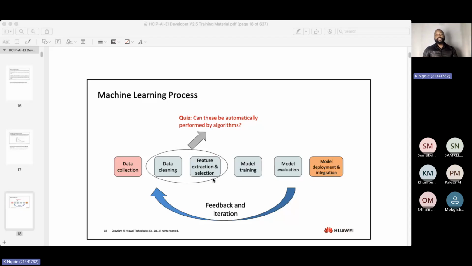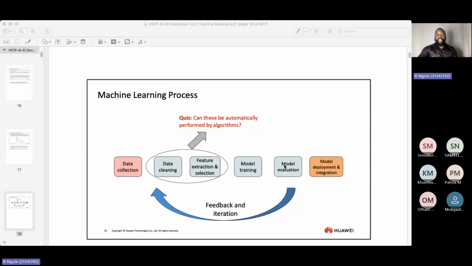If you're looking at creating a certain model, you need to know what the features are. If it's a facial recognition system, what features are being used to train the model? So those features need to be selected. But in deep learning, the feature selection can be done in certain cases automatically by the machine itself. After the feature selection, then there's the model training. After the model is trained, it's tested and evaluated. If the model is not performing well, you go back and check at what point you got it wrong. Maybe you're using the wrong data, or maybe the data were not clean enough.